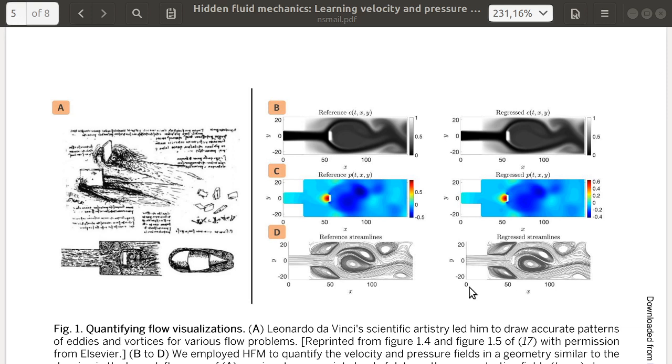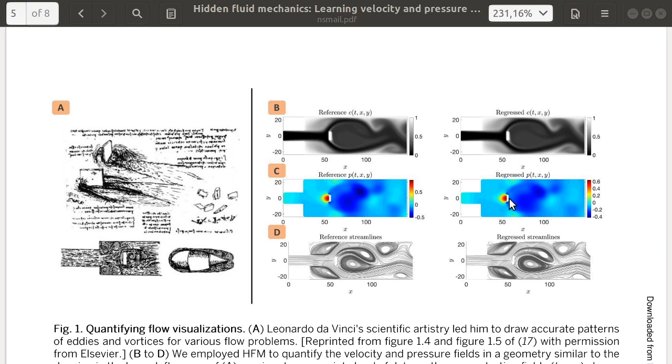So in this example, they say, what if we observe this concentration over time and space? Here's a snapshot at one time. In order to generate this observed data, they did a simulation with a standard fluid dynamics solver, which includes pressure and all these streamlines, but they don't have access to this. They only have access to the concentrations. And what their method successfully does here is it comes up with the velocities and the pressure of the flow at every point in space and time. So how do they do